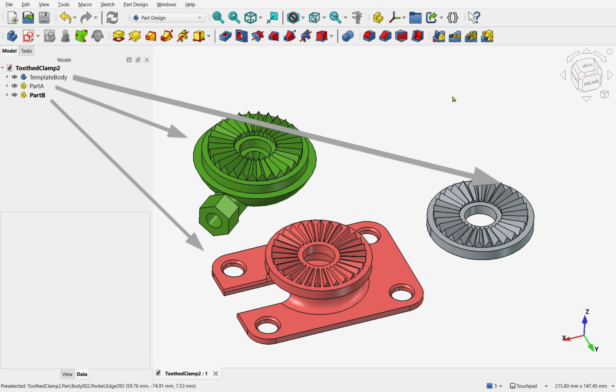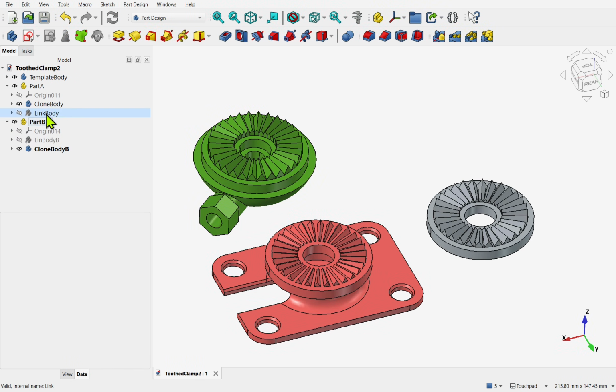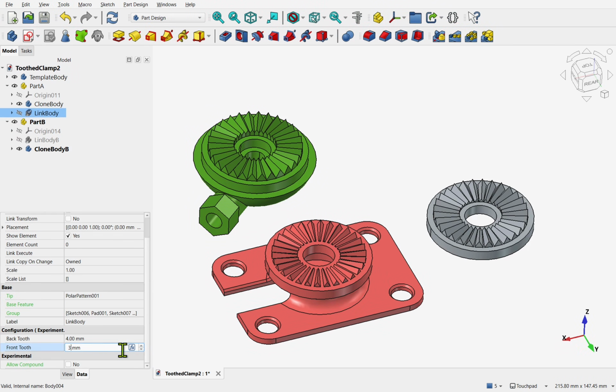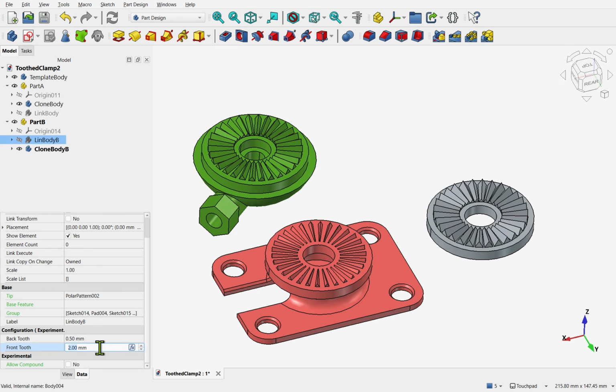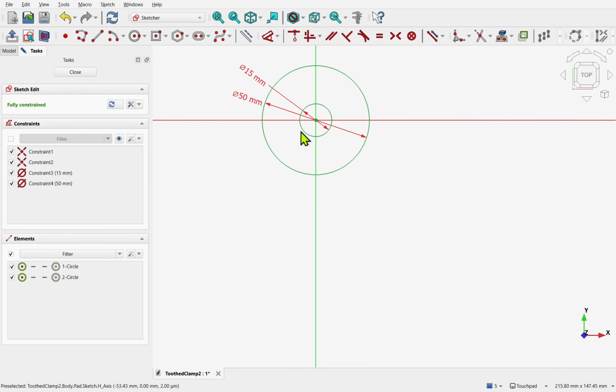In this tutorial, we'll explore how to integrate variant links as features into your main model. This approach lets you create multiple parts that share common features while still allowing each part to be configured independently. We'll start with the model from the previous tutorial, which creates two mating parts, making the body effectively a template